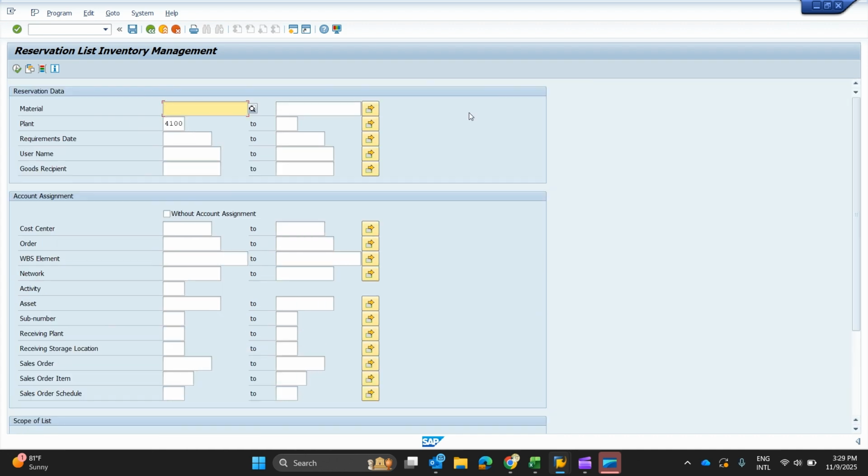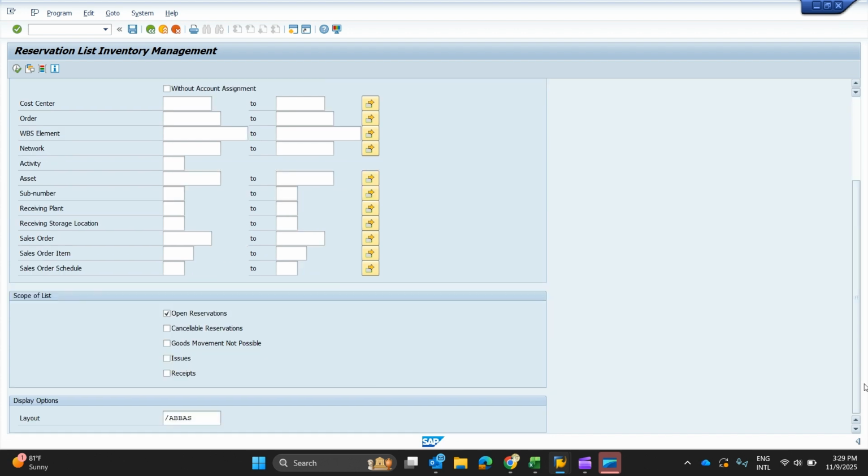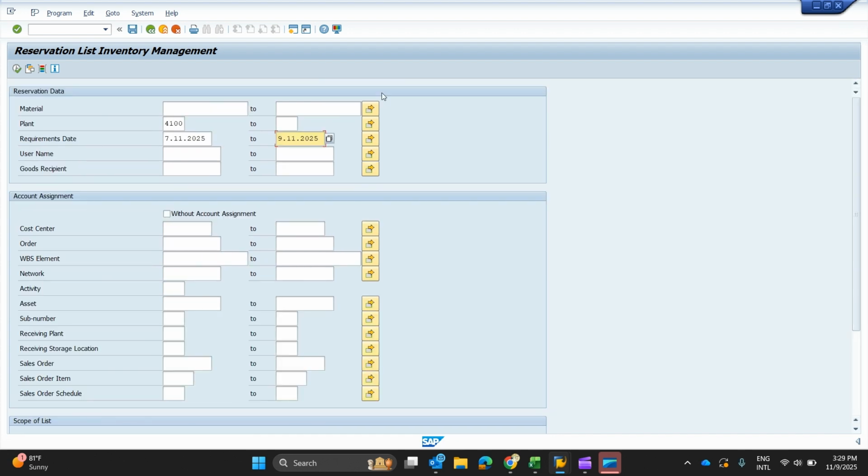First of all, let's start with a very simple example. I will write a specific plant number, that is 4100, and then I will enter a requirement date range. Let's say I write from 7th of November 2025 till 9th of November 2025. So I have selected 3 days, the plant number 4100 only, and the open reservations only. In this way, when I press execute or the F8 button, this list will appear in